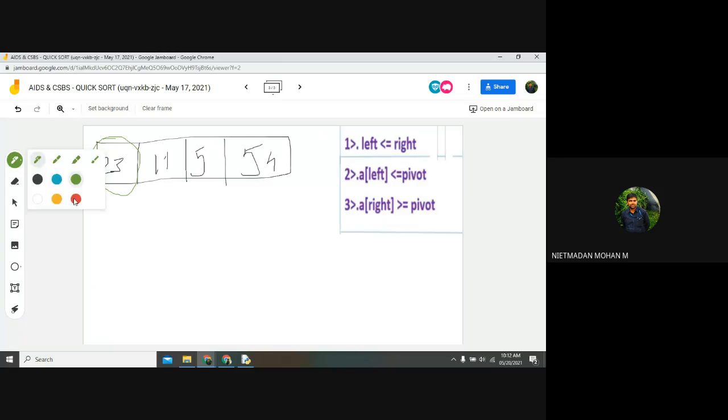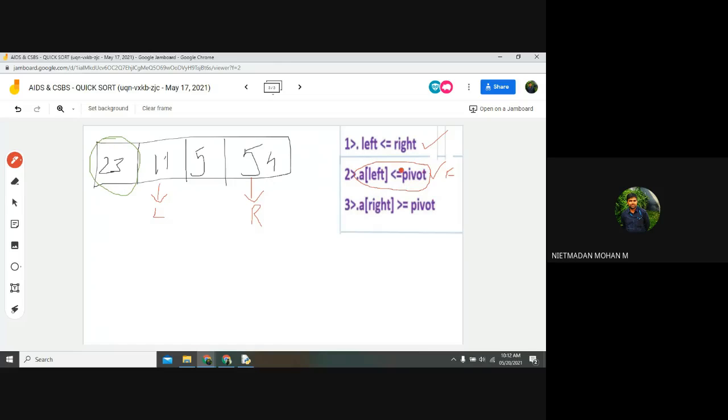If we are taking the first element as the pivot number, then this will be your left and this will be your right. So again, I want to check this first condition. If the first condition is true, I want to go with this, and I want to repeat those conditions until the condition becomes false.